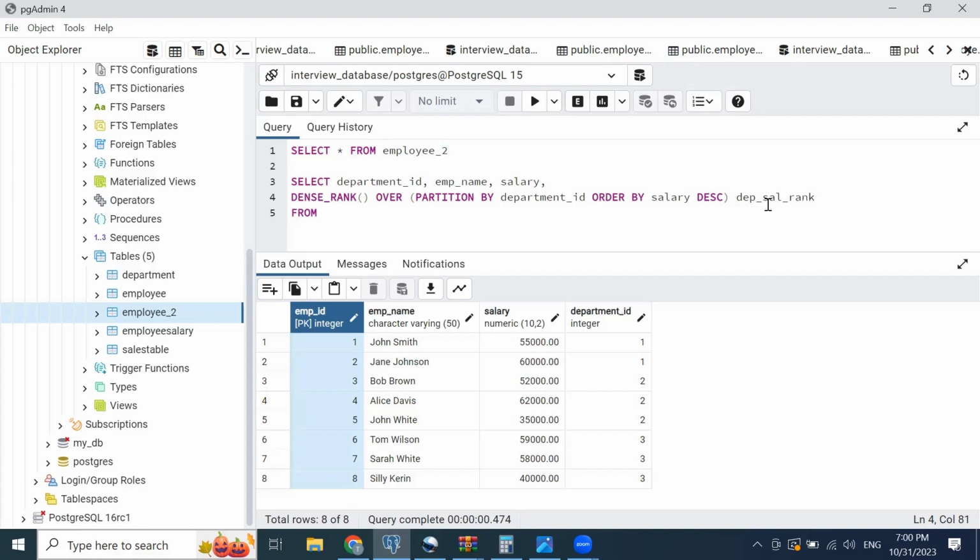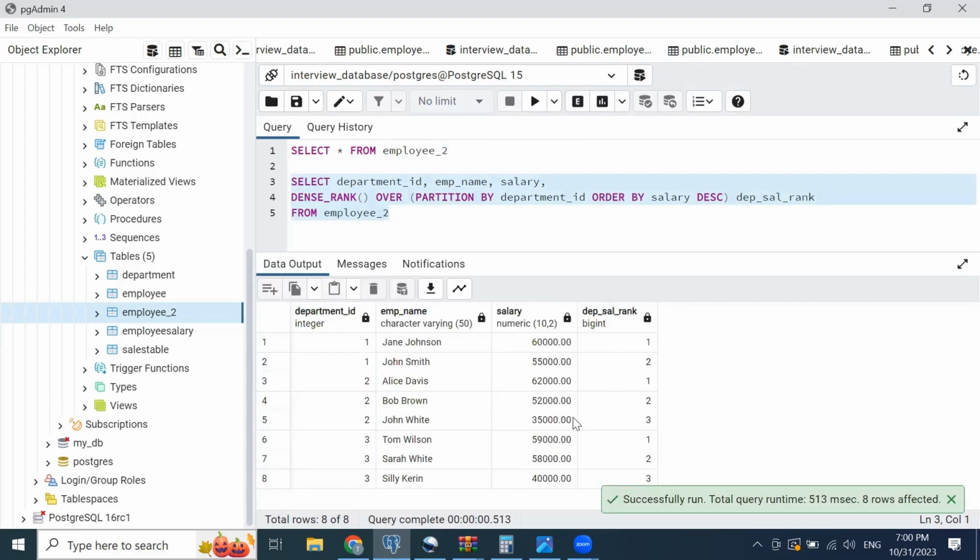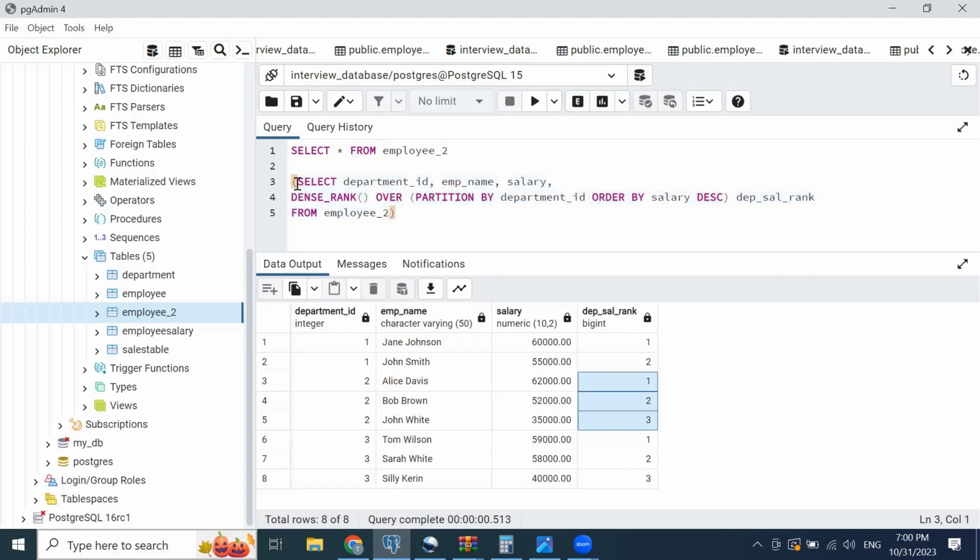Okay, so right now everything is done from the employee 2 table. I work only on one table. If I select everything, it will give me the output here. You can see it has ranked all these rows based on the department ID and salary, and when it goes to the second department ID, it starts counting over again. Now I enclose it in parentheses and turn it into a common table expression, with ranked salary as